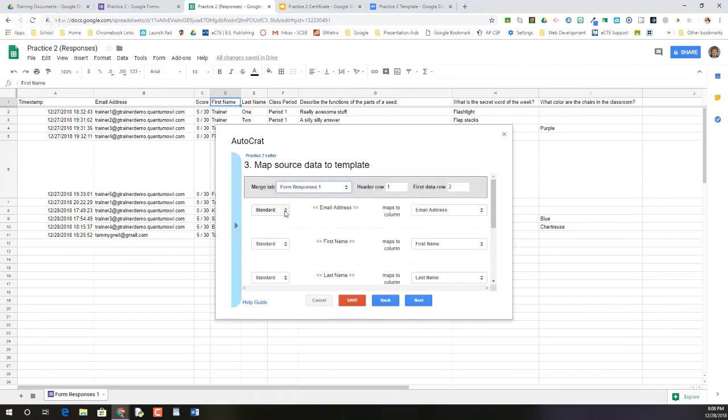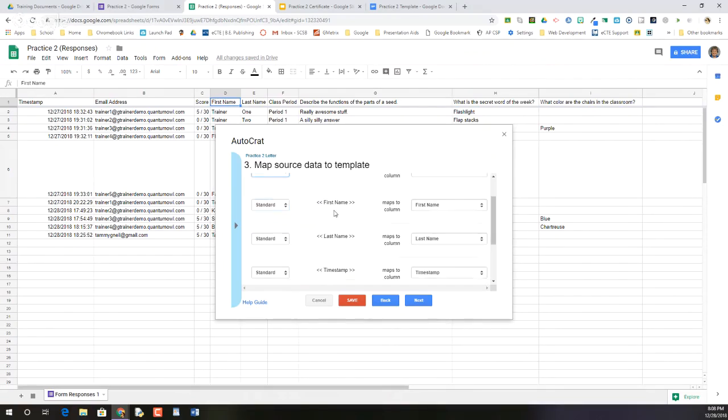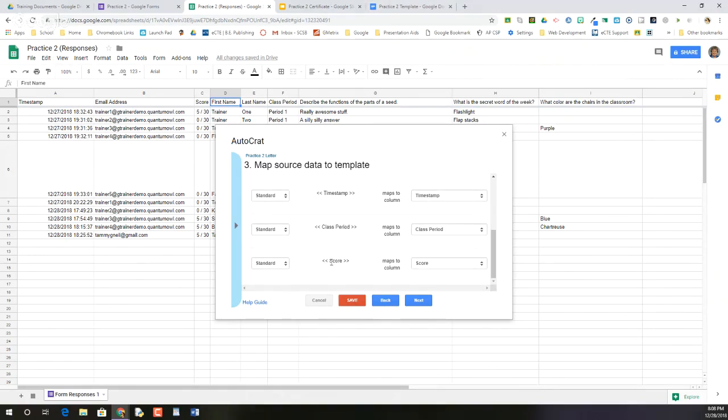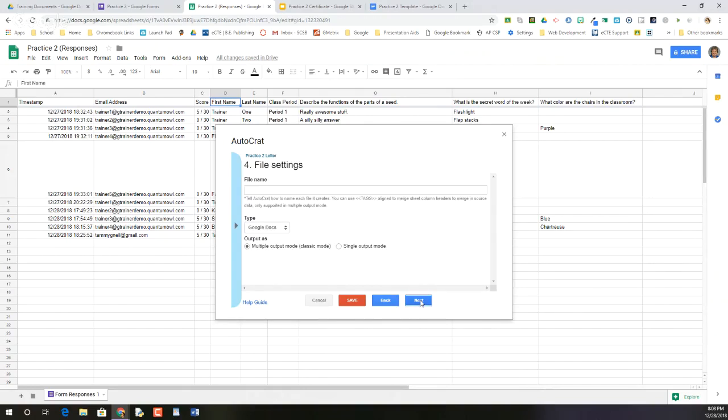Okay, it's asking me to map these things. So I'm mapping my email address to email address, first name to first name, last name to last name. Notice these are the tags that it found in my template. Timestamp, class period, score. So since everything matches, I'm just going to click next. Okay, and it's going to create files. I have to name each specific file. So I'm going to call it practice 2 letter